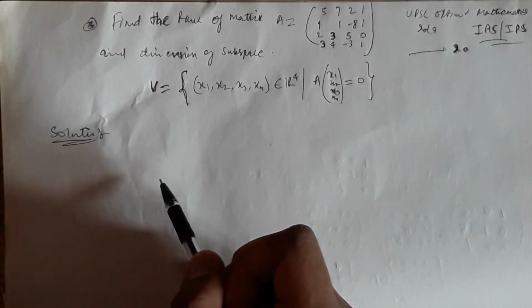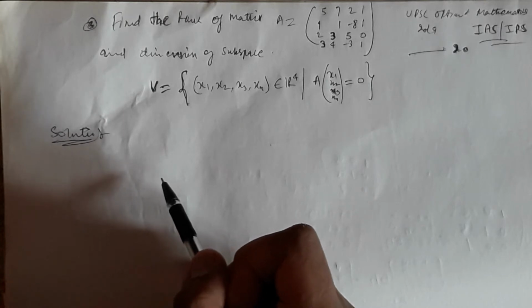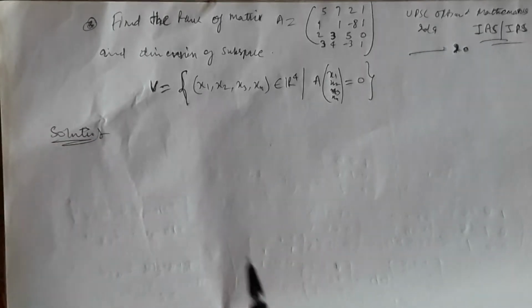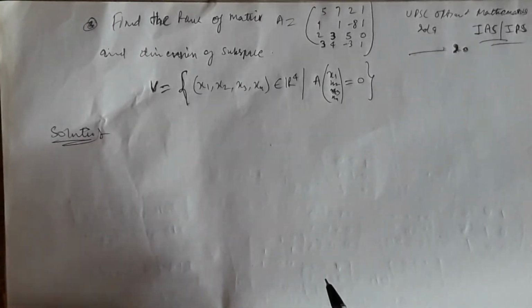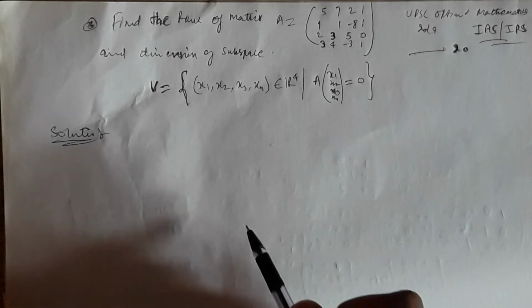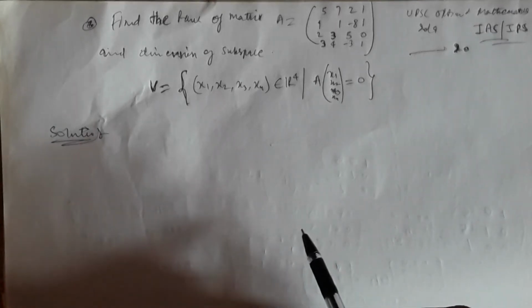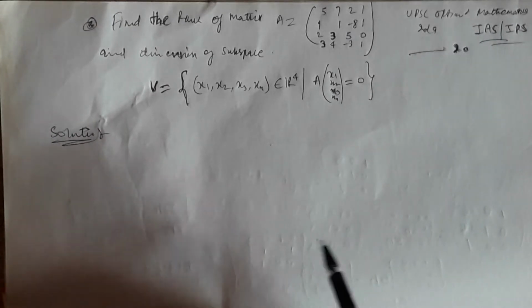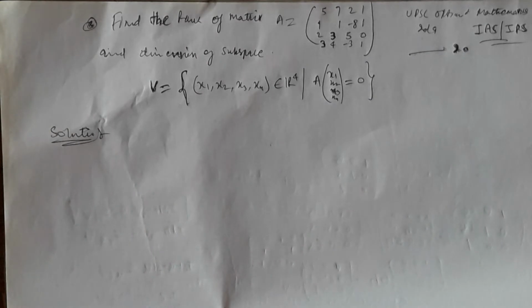Please first go through the reduced row echelon form and then come here. Before seeing the video, you may pause here and see the concept of row echelon form. You can easily find it in any basic linear algebra book. Now, what does this problem say exactly, and how should we apply the row echelon form on this matrix?